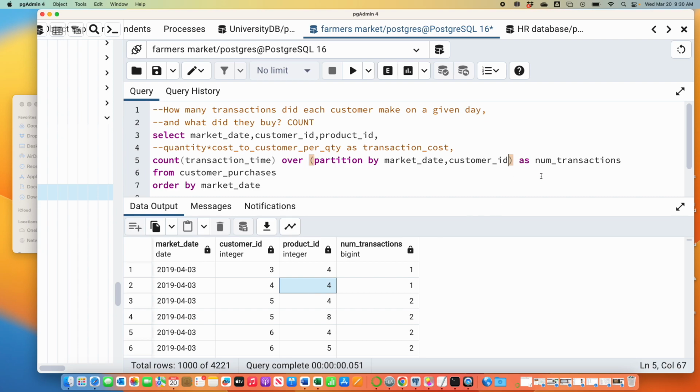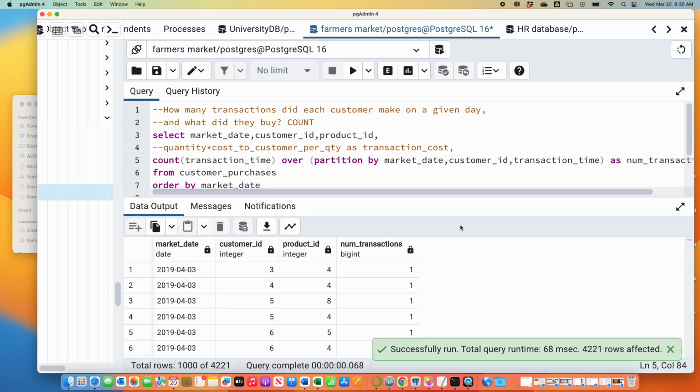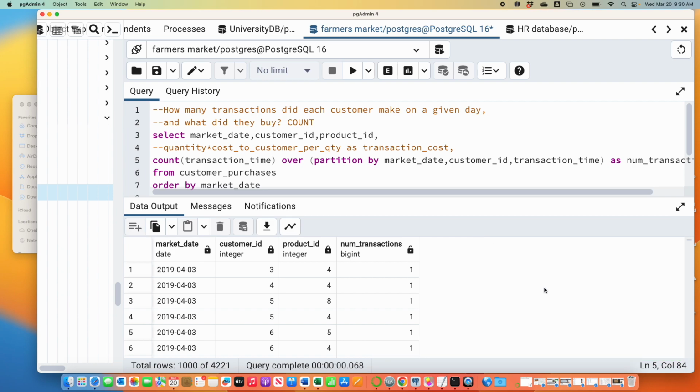So if you keep doing this, you can keep adding things on here. Let's think about this, just as an example. Can anybody guess? You can run the query yourself, but what's going to happen to this last column, do you think, if I do that? Yeah, it's just going to make everything 1. Because you're saying, on each day, for each customer, at this exact time down to the second, how many transactions they make. You see that? So you're not learning much there. We already know that you can only make 1 transaction at a time.